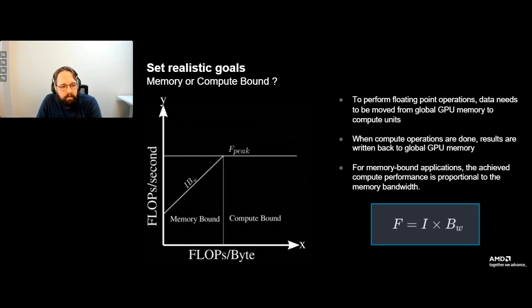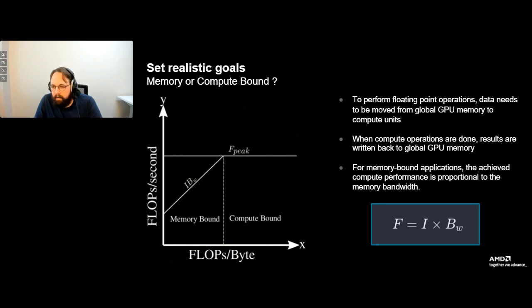The way you look at this is, on the y-axis you have the floating point operations per second, the compute performance, and on the x-axis we have the arithmetic intensity. Your hotspot kernels may have some arithmetic intensity, and we want to know, are we limited in our compute performance on the left side of the diagram, where you're underneath that roof, where the compute performance is proportional to that memory bandwidth,